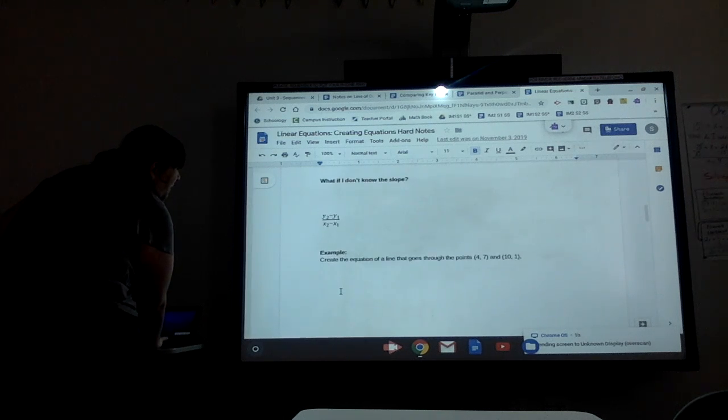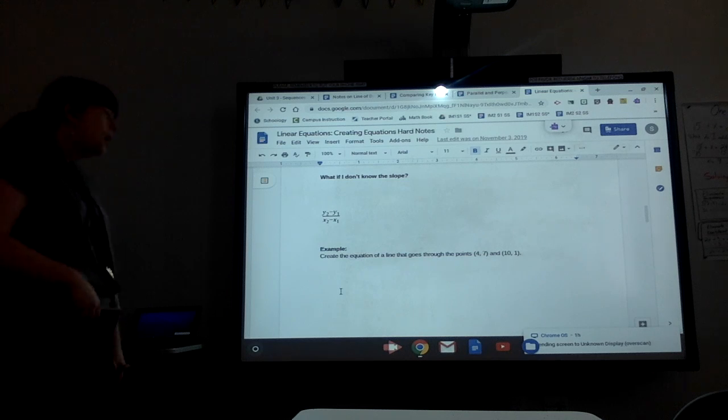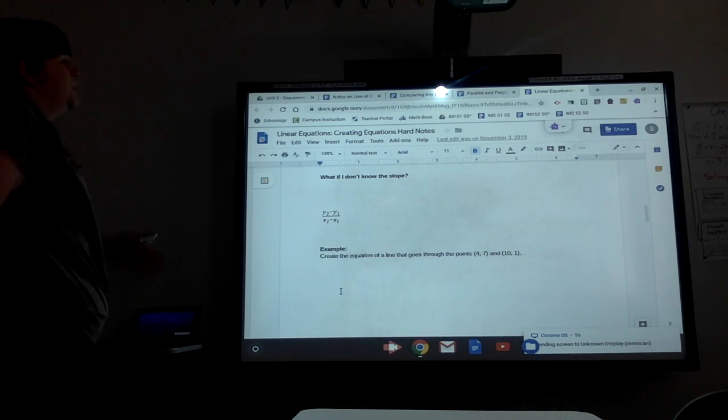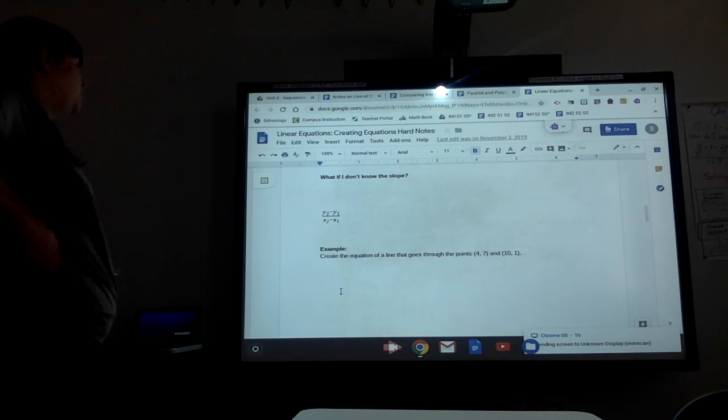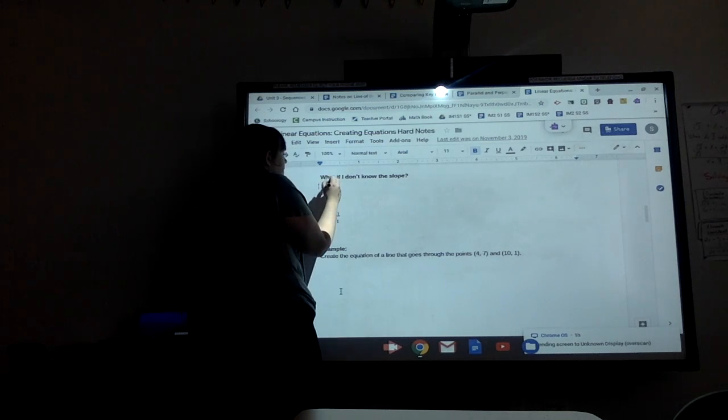Because I can make it even harder, because I can take away your slope. So, what if you don't know the slope too? So we don't know the y-intercept and we don't know the slope. Here are our steps. Step 1, find slope